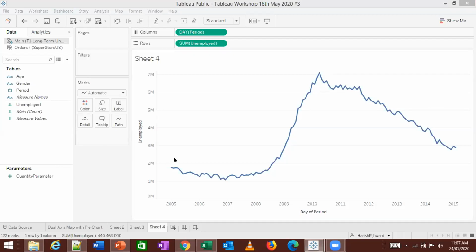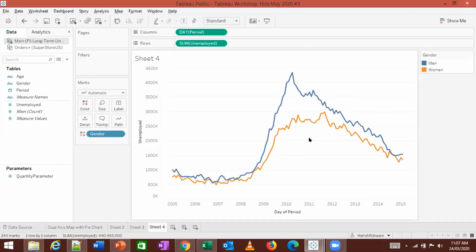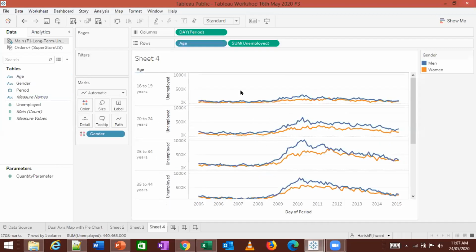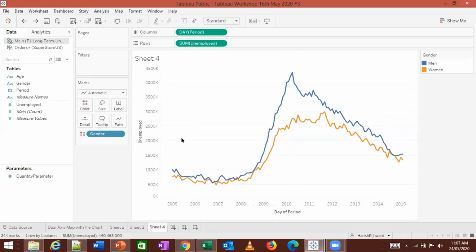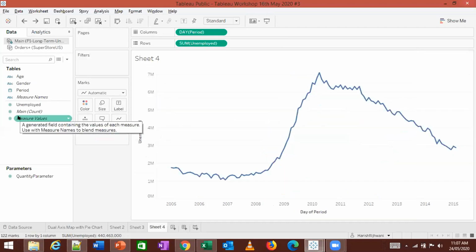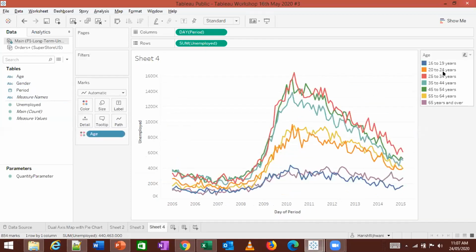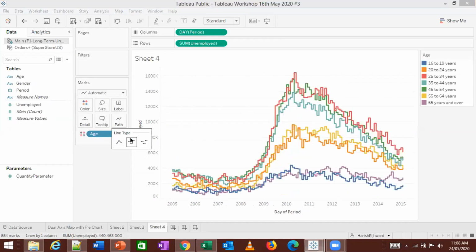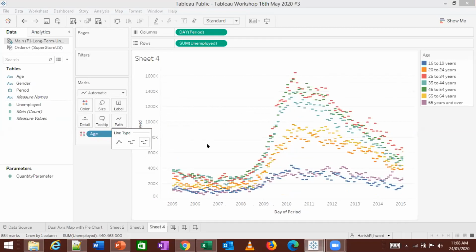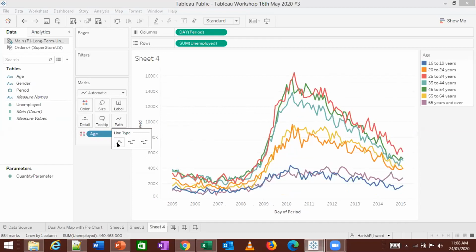So there are a lot of things you can do in this. If I click on gender, I will get data by gender. If I click on age, I'll get data by age. Okay, I want to do it this way. Before I click on gender, I can click on age. So I have these groups. I have this data by this particular group. So I can even change this path if I want to, the way I want to look at it, right? If I want to look at a different kind of a line. So that is how it shows.